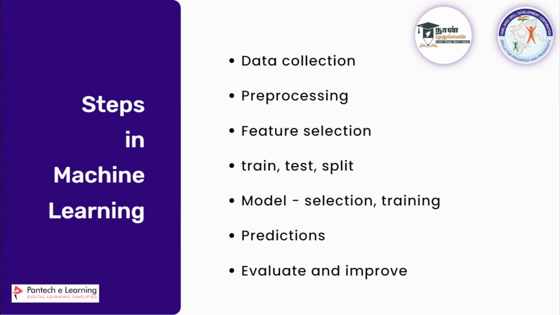Okay, so we'll start with the steps in machine learning. What are the steps in machine learning? First, we are going to work with data, so the first step will be data collection. If you have some idea, for example you want to perform data science on some task and you are going to use machine learning as a tool for it, the first step is that you want to find the data related to it.